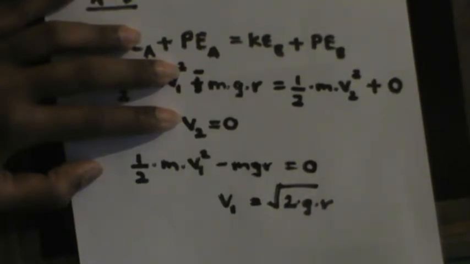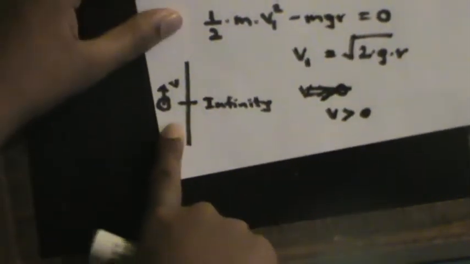Now, if you go before the infinity, if you select a number scale like this, this is the point of infinity. I'll mark this as infinity. If an object has velocity v here, in which v is positive and greater than 0, not equal, greater than 0. Equal is another concept. I will explain it after explaining this concept.